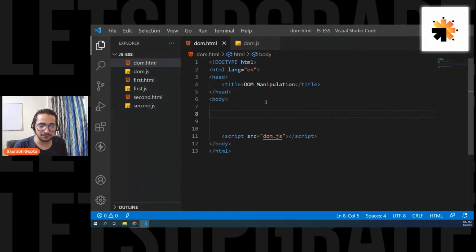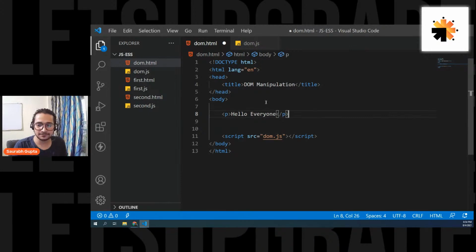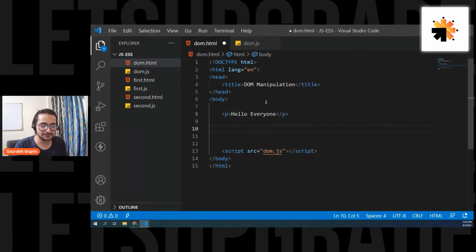Let's go for it. For understanding, let's create a really simple p tag, and let's simply say hello, everyone. And let's create one more p tag and call it let's upgrade. So now I have two p's in my tree.